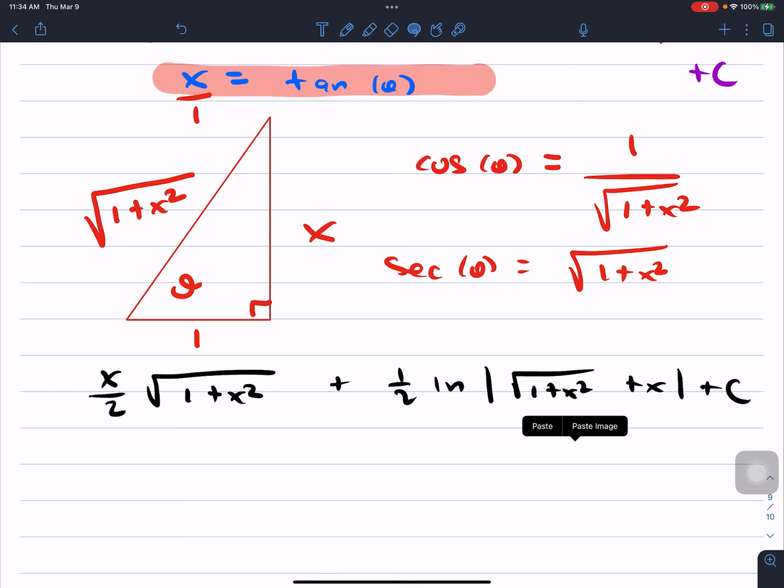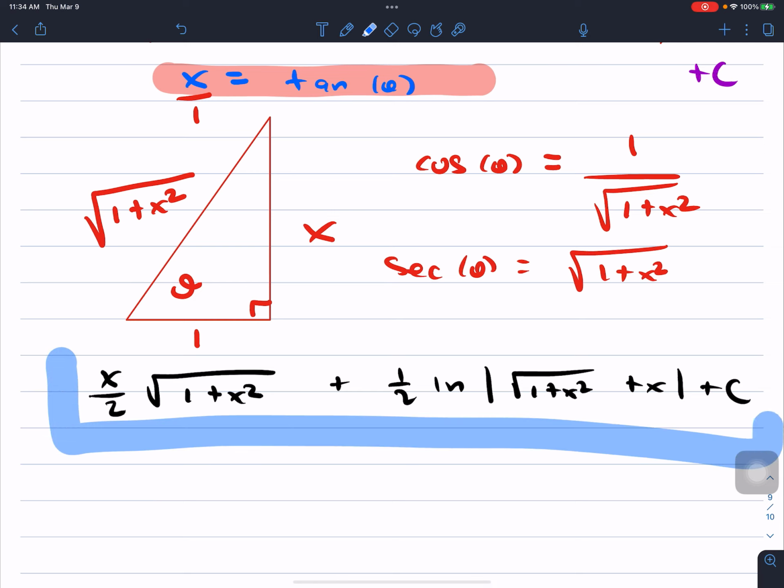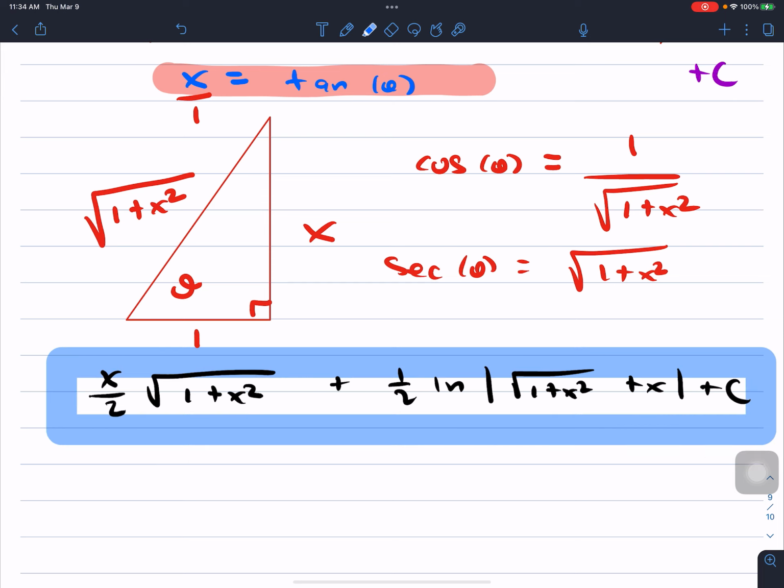But ladies and gentlemen, I think I do have some online though. I might give you guys some links. What do you guys think? Should I send you guys some links for more trig sub? So note to self, send you guys more links for trig sub examples. I'll do that. And you know what I try to do today is record this. So I want you guys to see